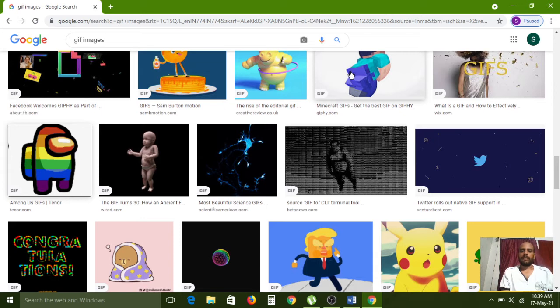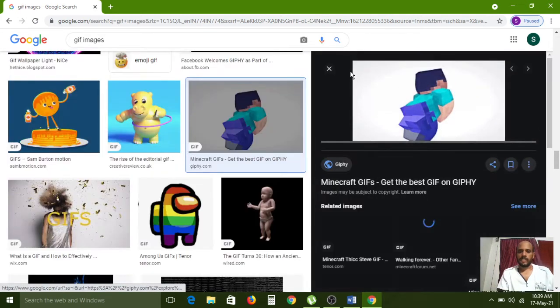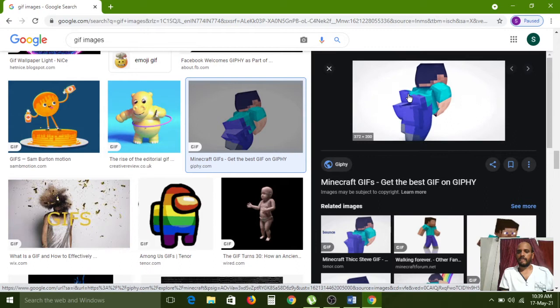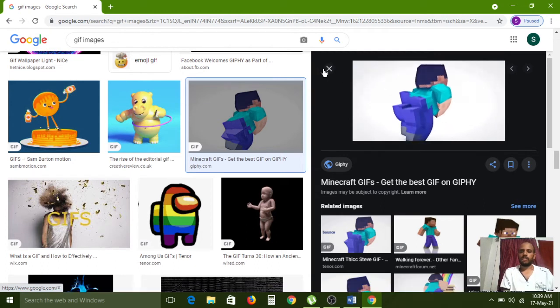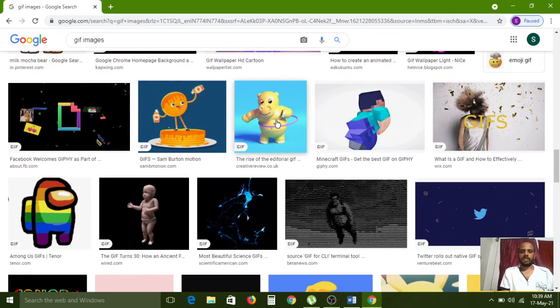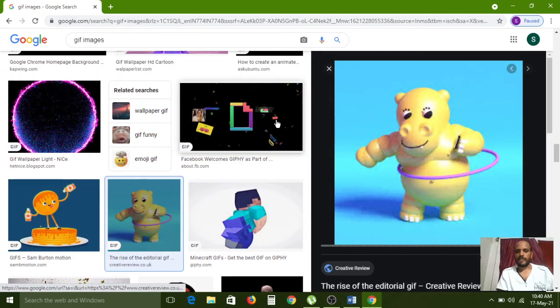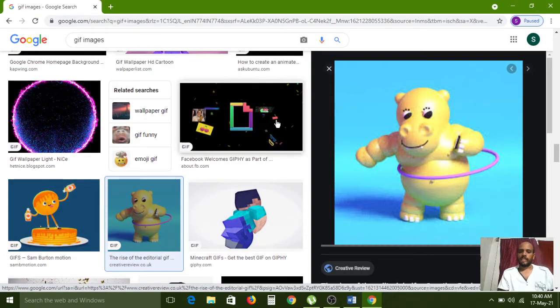For example, this picture I opened here. It has animated content, so it is moving. All of you carefully observe, it is moving now. And this is also one of the Graphical Interchange Format images, I mean a GIF image. It is loading. Wait some time, the process is going on here.